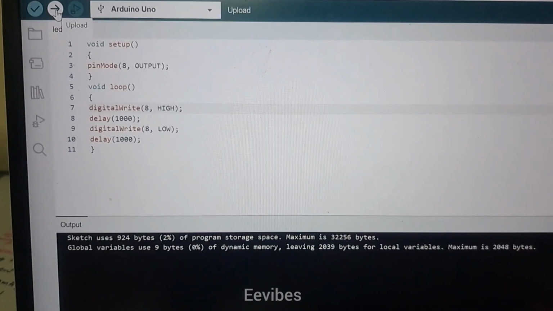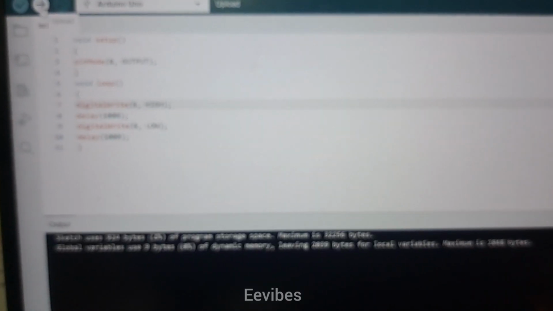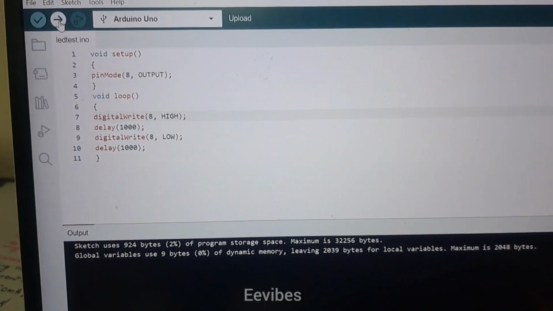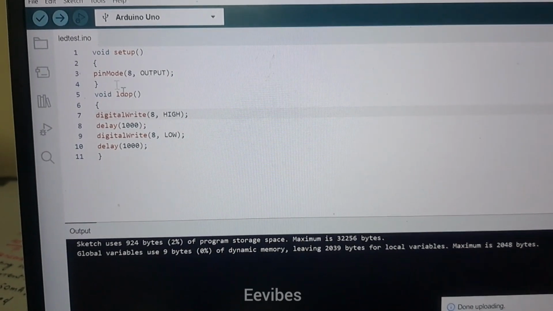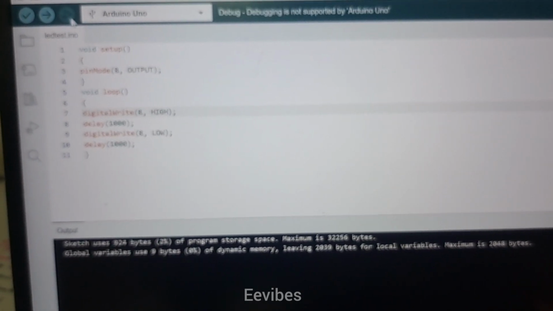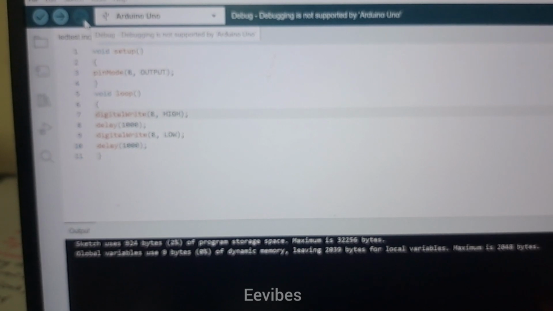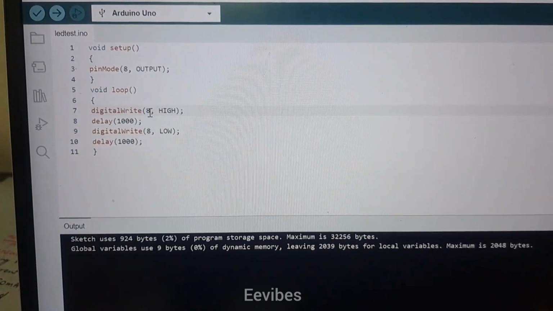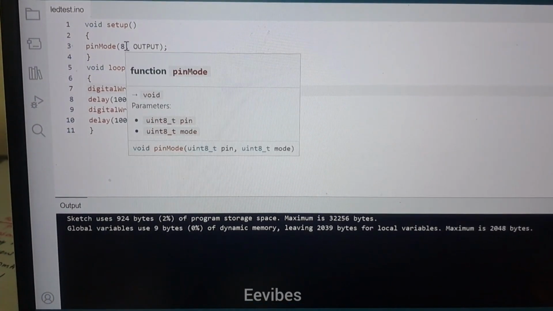The next tab is upload. This tab will upload the written code to your Arduino board. Once you do that, the code will be imported to the microcontroller of this Arduino board. Okay, the next one is debug. Debugging is not supported for the Arduino UNO, so let's just ignore it, and let's test this code for